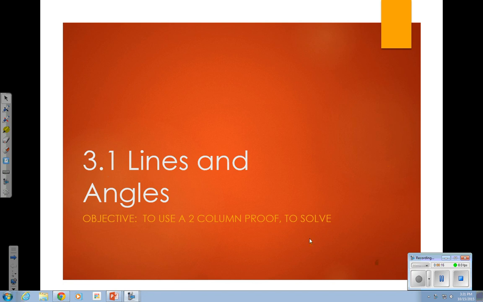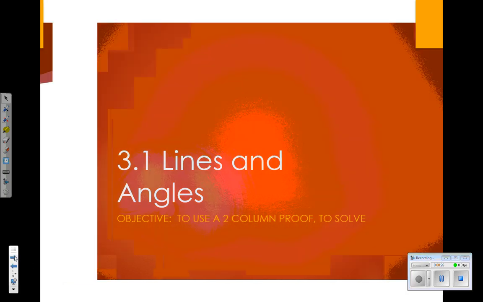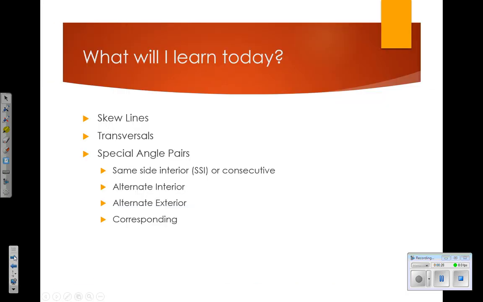So we're going to do some more definitions today. There won't be any numbers except to tell you what angles are, but we'll get to those hopefully tomorrow. Okay. So what are you going to learn today? We're going to define skew lines. We're going to talk about transversals, and then we're going to talk about some special angle pairs that occur when we have 3 or more lines that intersect. Okay, so